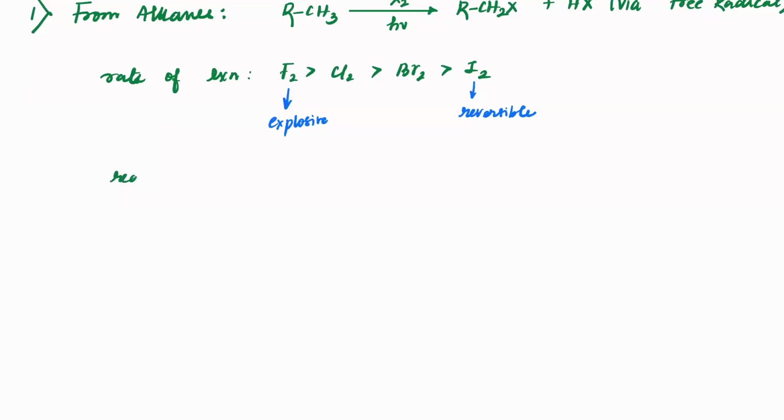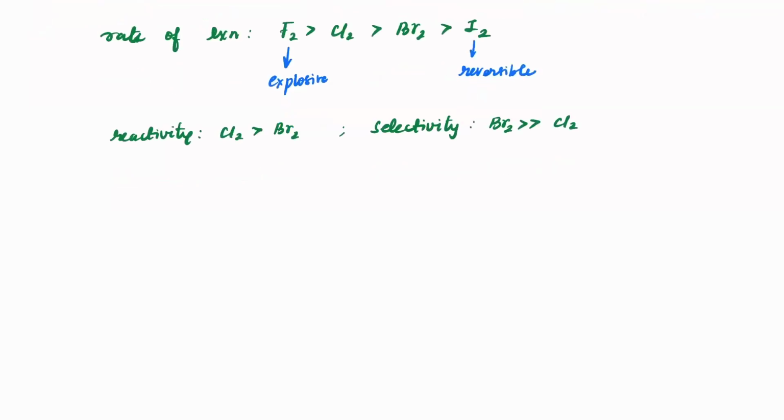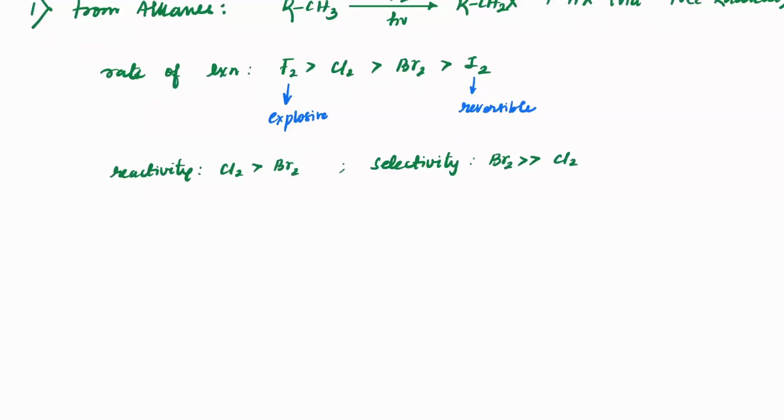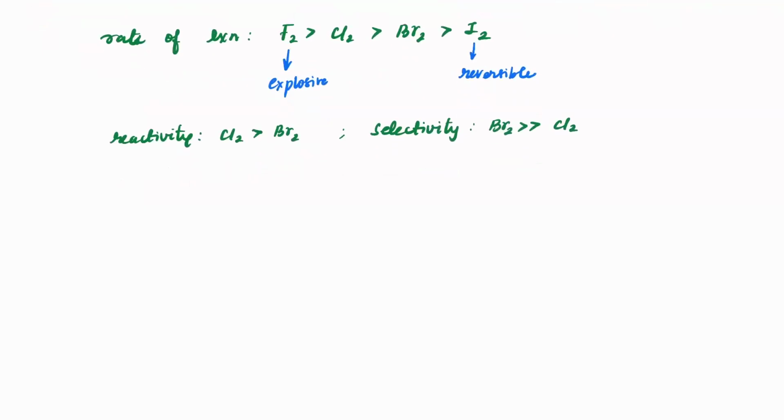So reactivity wise, chlorine is more reactive than bromine, while selectivity wise, Br2 is more selective than Cl2. Got it? And in fact, if you compare the selectivity, the rate of X2 attack at 1 degree, 2 degree, and 3 degree positions,